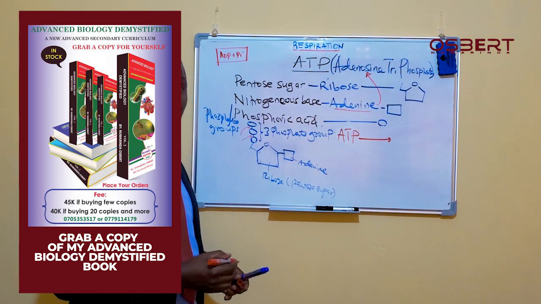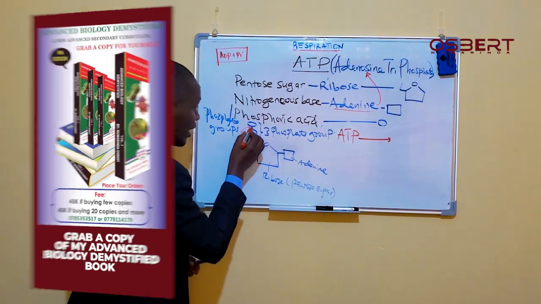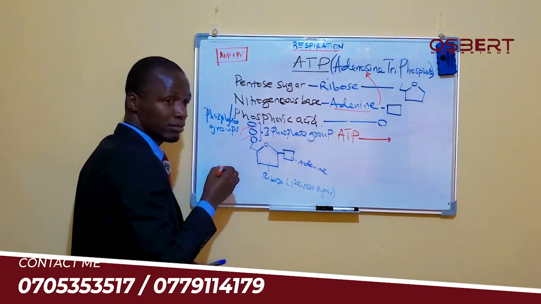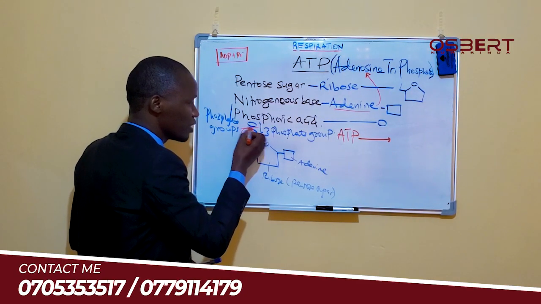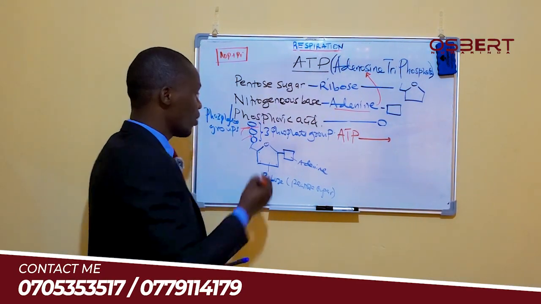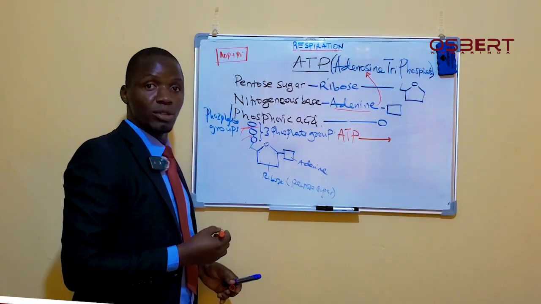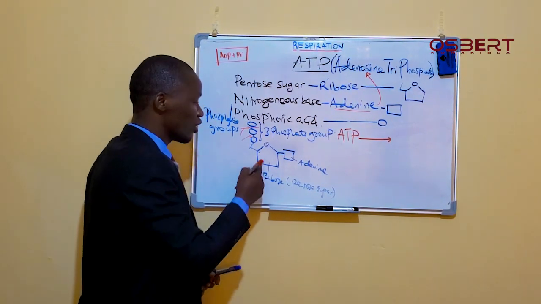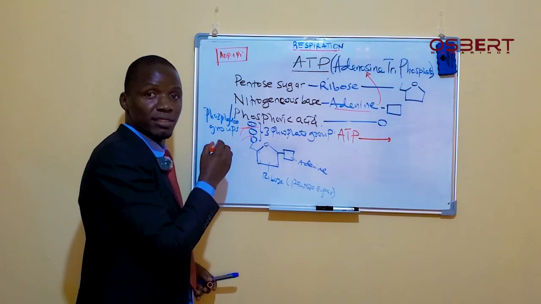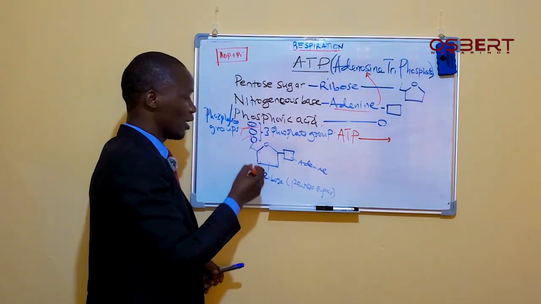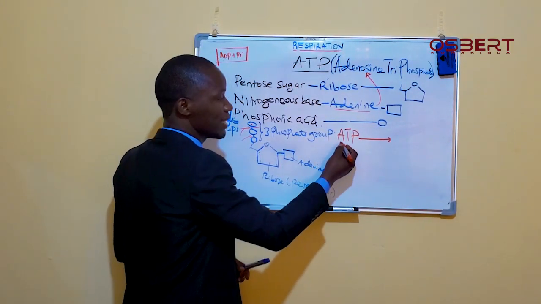So one of the phosphates will disappear. One of these bonds will break, and when this bond breaks, the phosphate will go away. Now you remain with this thing, but it is lacking one phosphate. So because it's lacking one phosphate, it will not be called ATP, but will be called